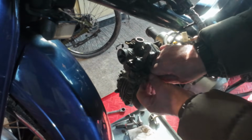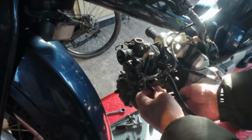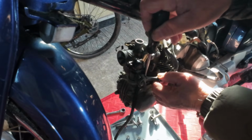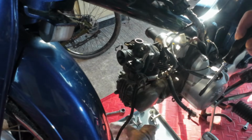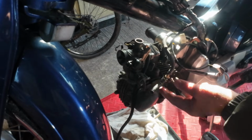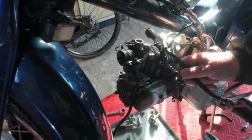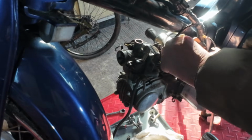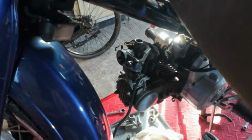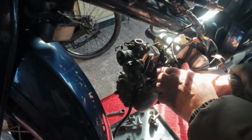I'll get this carburettor off. And these original hoses are a really tight fit. Bear with. This petrol going to gush everywhere. Probably. Not too much. Always good practice to have plenty of rags lying around. I'll get the fuel pipe out of the way. Get the carburettor off. I'll take it off at the manifold because